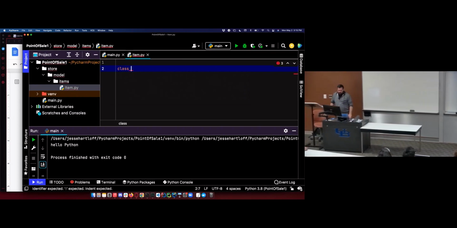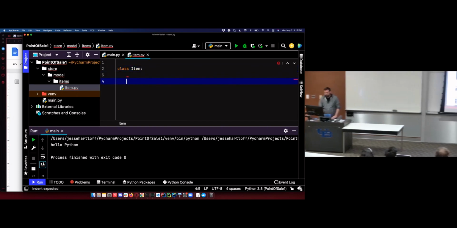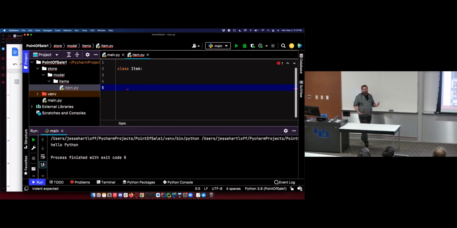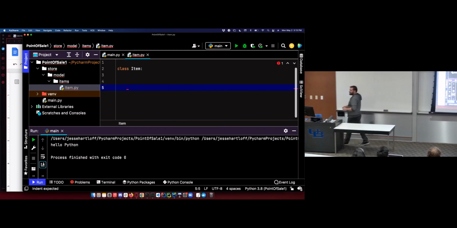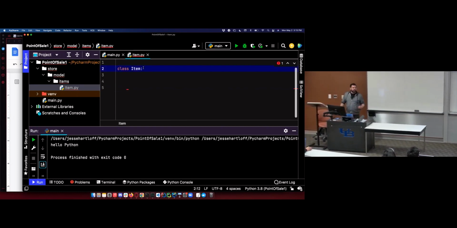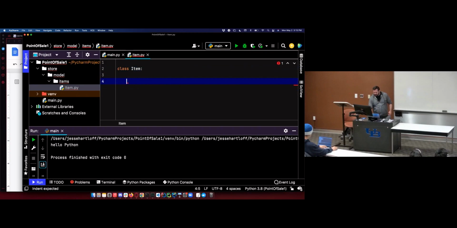So class, give it the class name, and then a colon. So in Scala, we would put the constructor right there next to the class name. Not so much in Python. We're just going to specify the class. That opens up a new block of code. And of course, instead of braces in other languages, we're using colons and indentation in Python, because Python loves white space. And then to write a constructor,